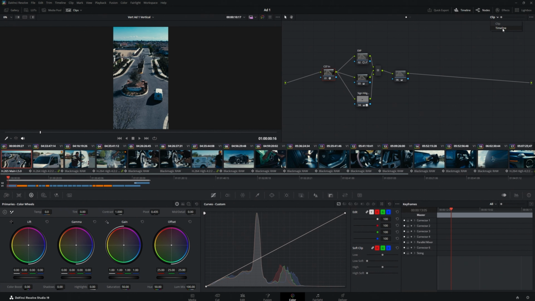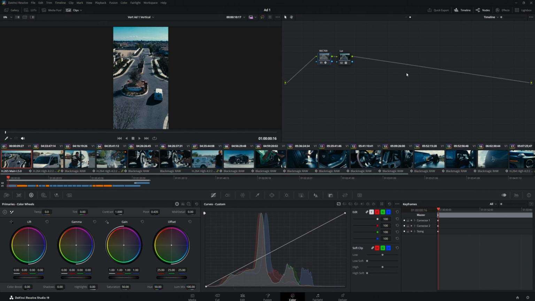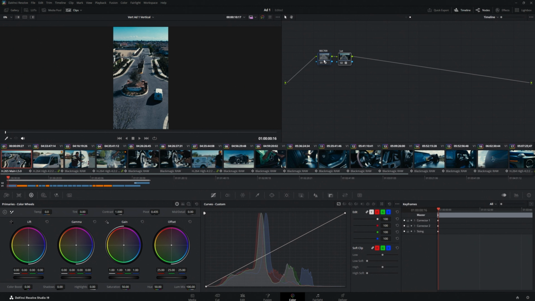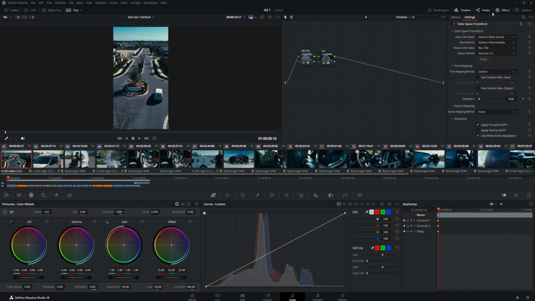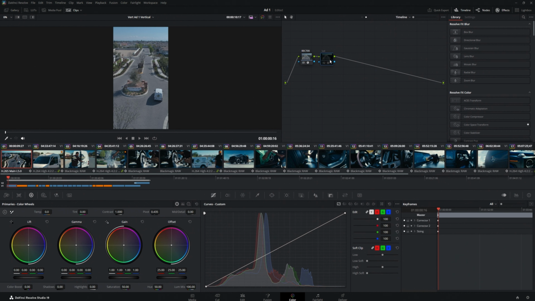The idea with this project setup is that your Rec 709 and your LUTs live on the timeline. With the Rec 709 node, expecting anything that's DaVinci wide gamut. It's very robust, which allows for many different types of cameras to be dropped in and essentially contort to Rec 709. All you have to do is handle the camera node groupings, I guess, or the camera groupings. The timeline just simply has 2 nodes, the Rec 709, which, like I said, expects DaVinci wide gamut, and then it just simply outputs it to Rec 709, Gamma 2.2,